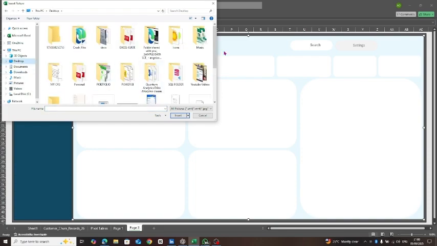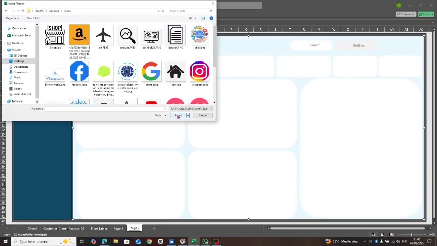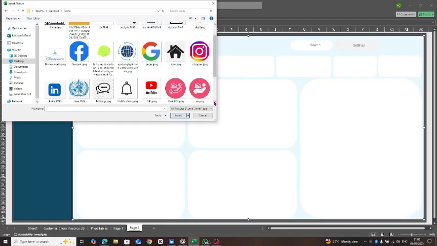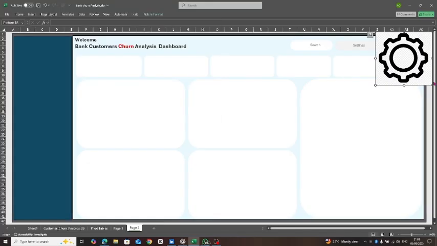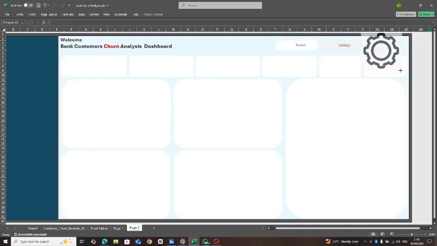Okay, what I'm doing here now is inserting my icons. Okay, what's a dashboard without icons? You need icons for your dashboard to really look beautiful and interactive. Okay, so you probably must have downloaded your icons. Okay, so you can download your icon from Safari, or what is it called, Safari, Chrome.